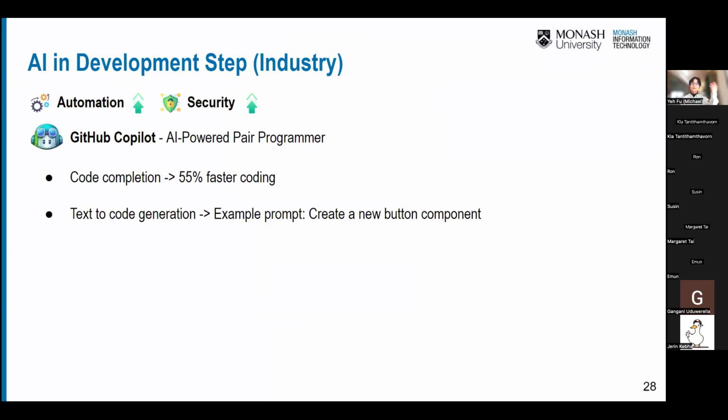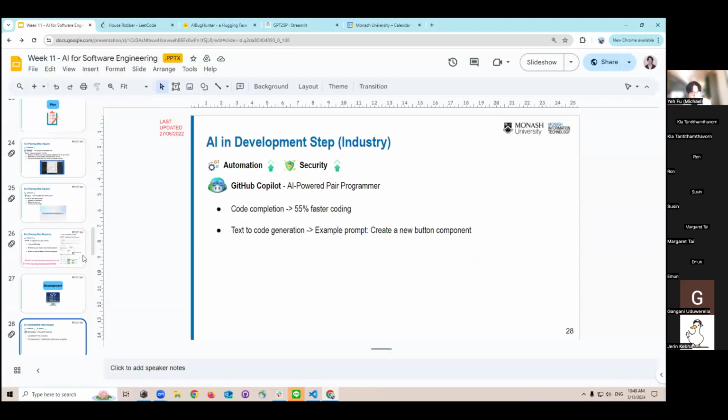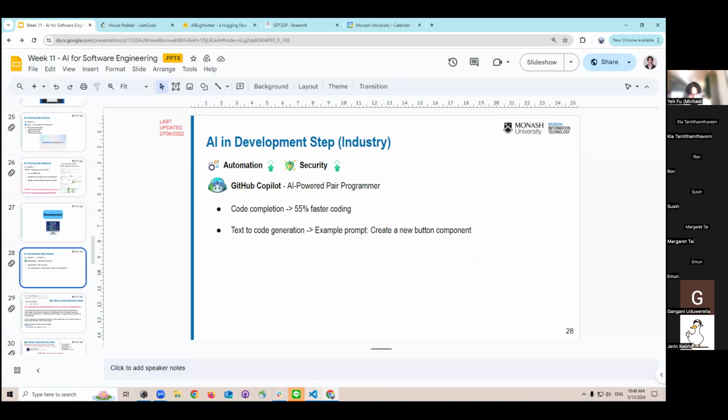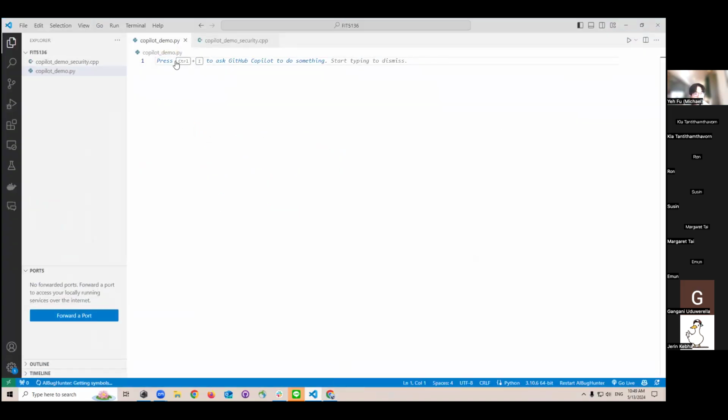It also supports text-to-code generation. For example, if you prompt it with create a new button component, it will transform your natural language into source code automatically. It's like magic, right? So let me demonstrate something in Copilot. For the code completion, okay.